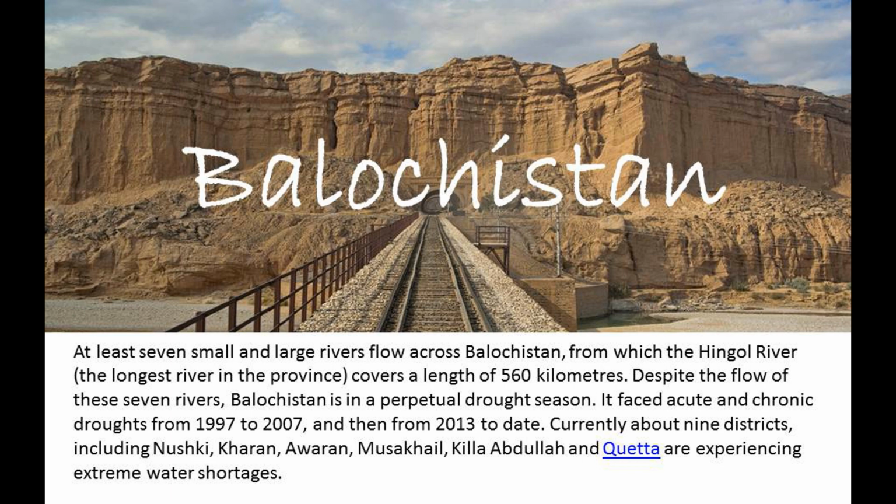Despite the flow of these 7 rivers, Balochistan is in a perpetual drought season. It faced acute and chronic droughts from 1997 to 2007 and then from 2013 to date. Currently, about 9 districts